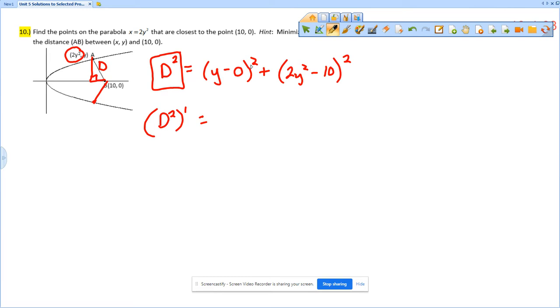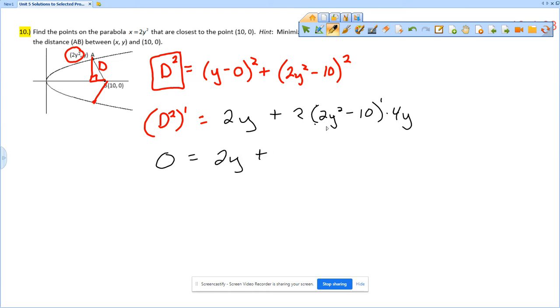I've got y minus 0 squared, so the derivative there would just be 2 times y minus 0 to the first times the derivative of y. And then plus this one here, I'm going to take 2 times the 2y squared minus 10 to the first times the derivative of 2y squared, so that would be 4y. Now we want to set this equal to 0 and solve, so I've got the 2y here plus